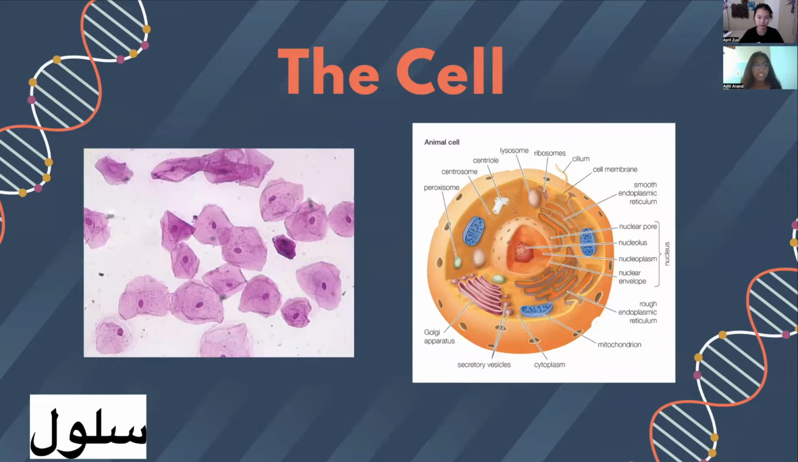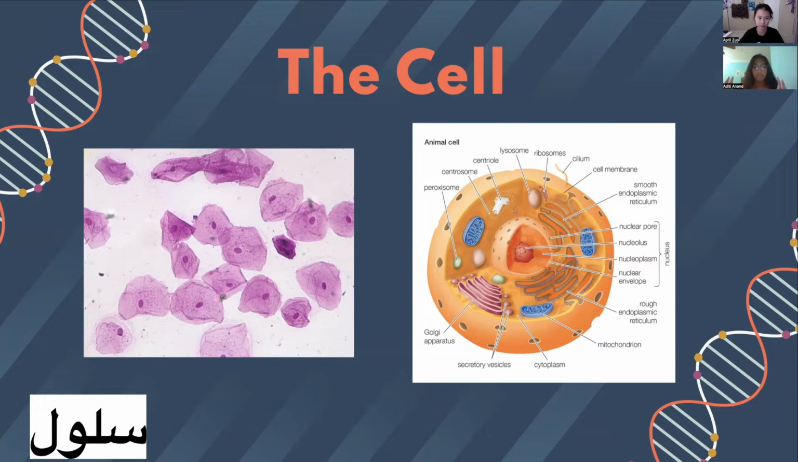So, what is the cell? We all have trillions of cells in our bodies, and we like to think of cells as the building blocks of life because they're the smallest units that carry all of the information and all of the energy required for us to survive. So, as you can see in the image on the left, this is what cells look like